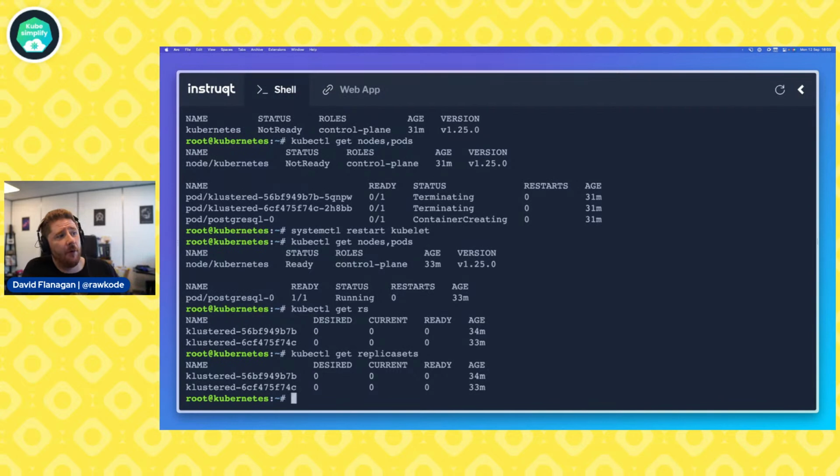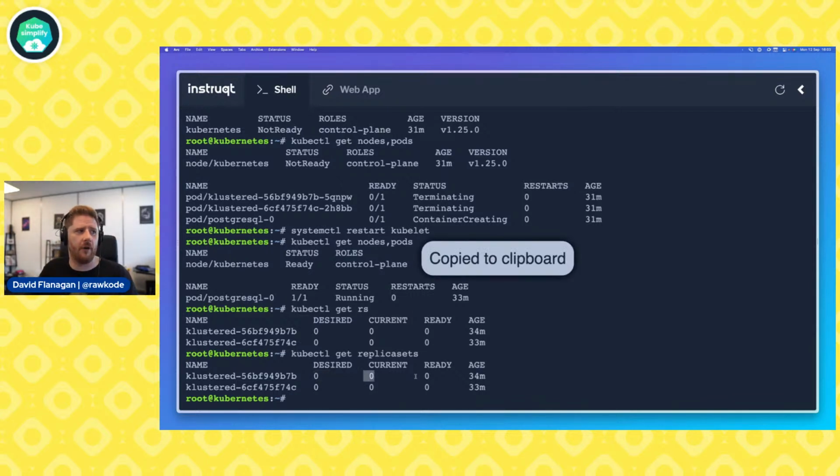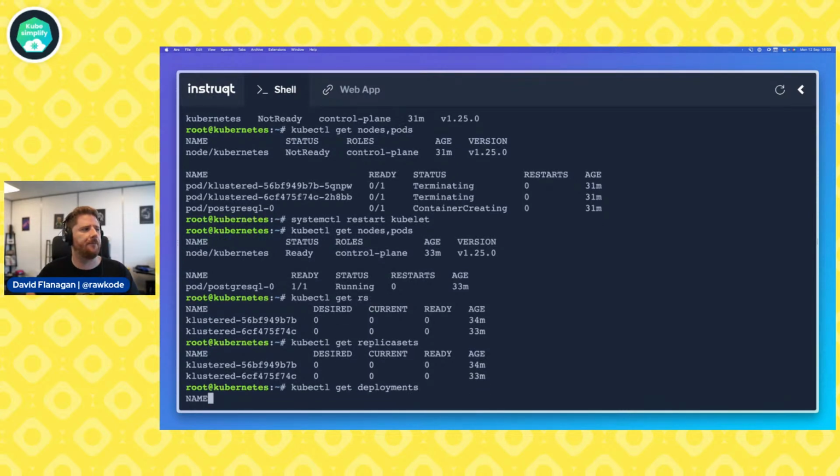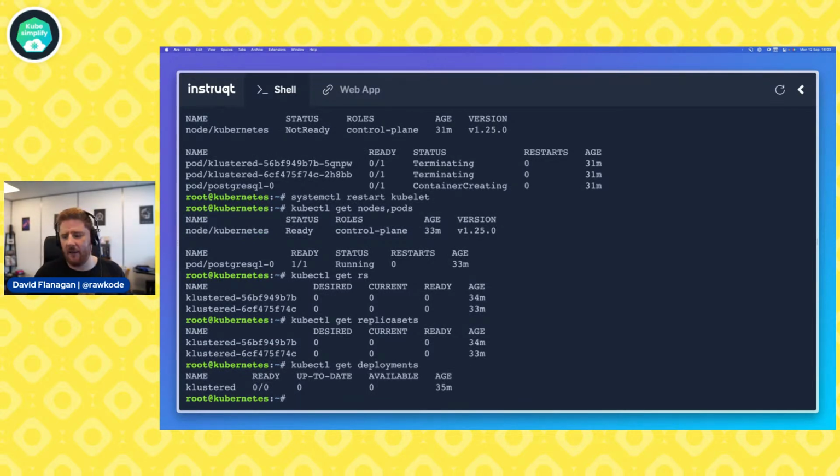But we can see here that both of these replica sets have zeros all the way through. Desired 0 pods, current 0 pods, ready 0 pods. And then the same down here. So we can actually run get deployments. And we'll see here that we have ready 0 of 0, up to date 0, available 0. Does anyone know what this means? I actually saw this comment earlier on.